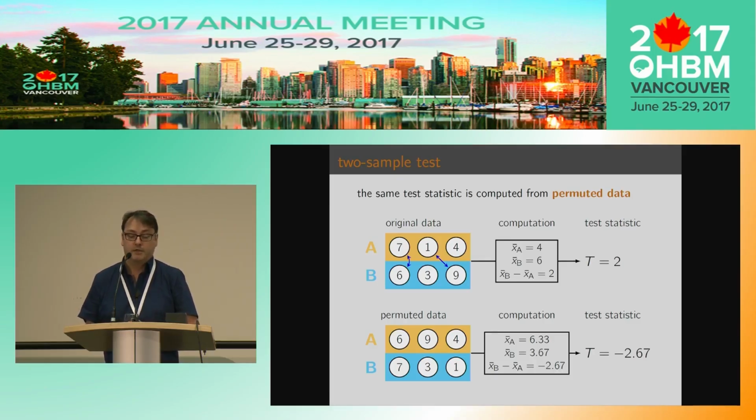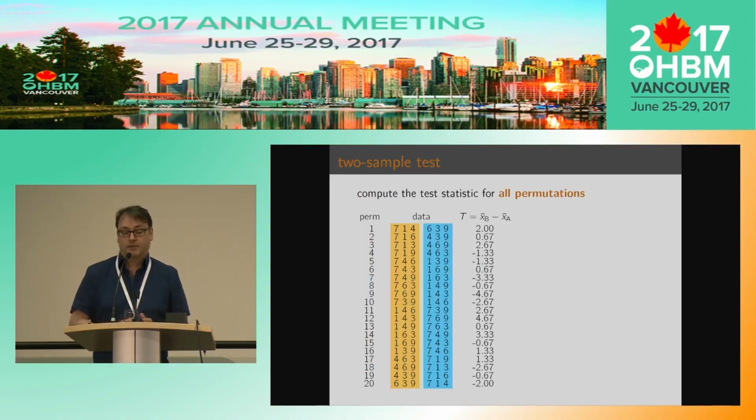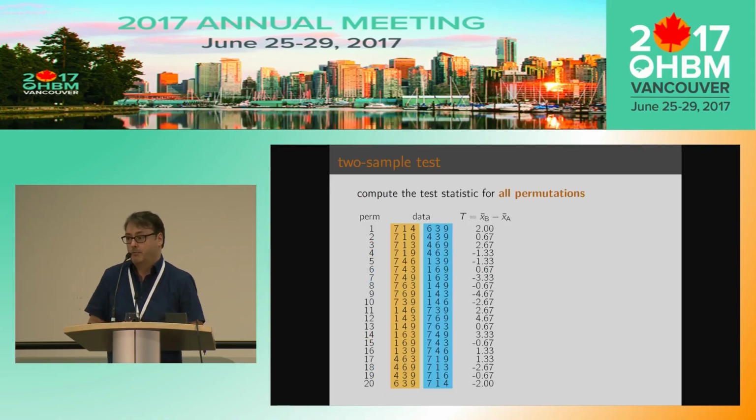And now the permutation test statistic is minus 2.67. The procedure for a permutation test, at least in principle, is to do this for all possible permutations. Another thing that I think is important to realize: permutation tests, in principle, have nothing random